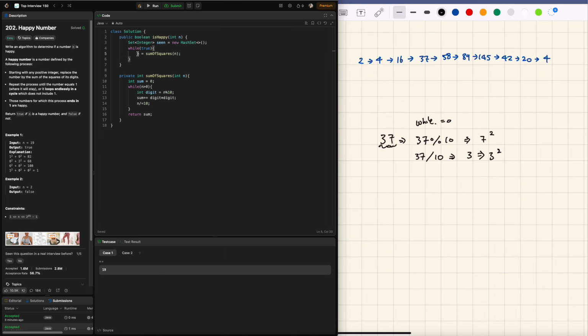So here we have a modified n, so in this case if you put 19 here, this n will be 82, and then we say if n equals 1, we return true,